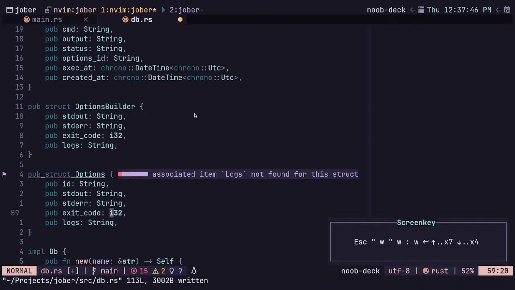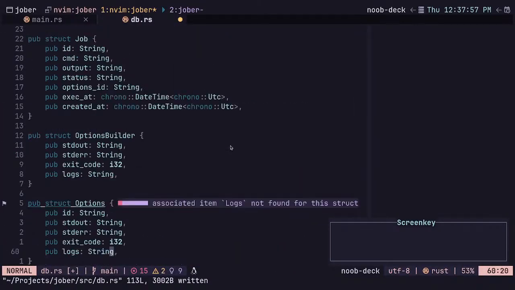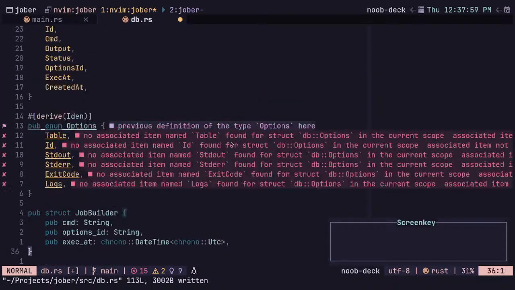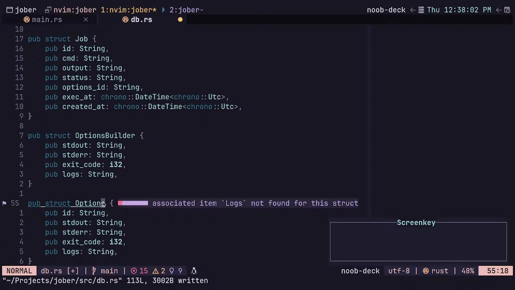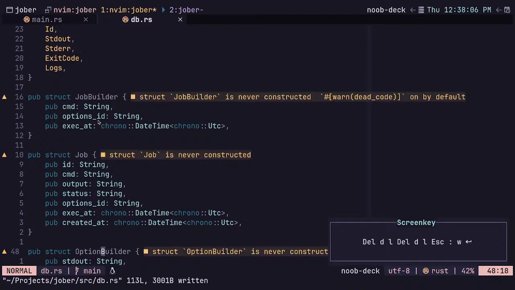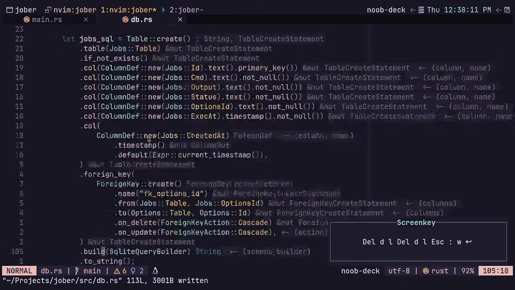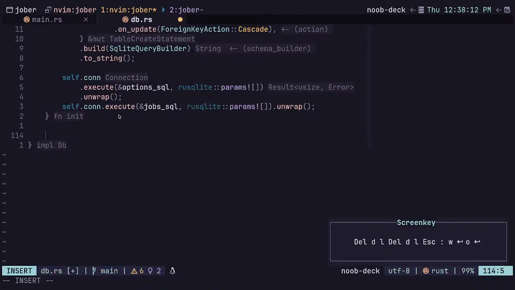Logs not found for this struct. I'm sorry. Okay. There we go. Job builder. Awesome. So now all this needs to do is